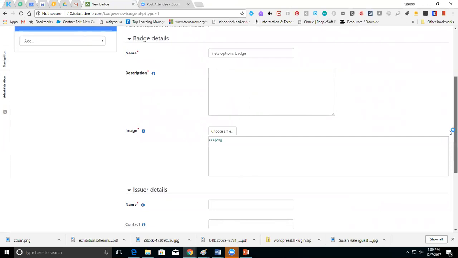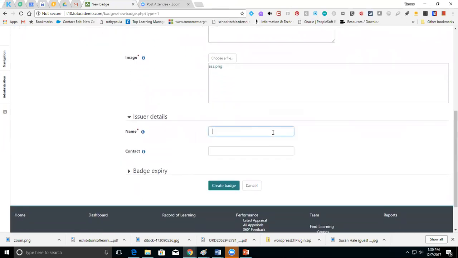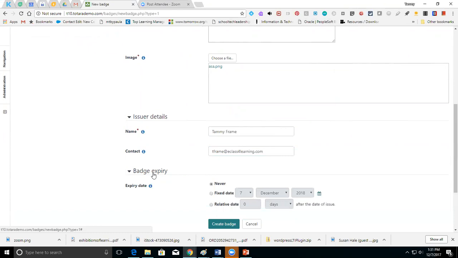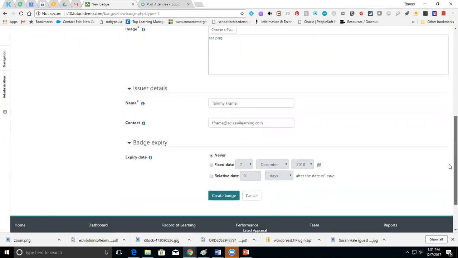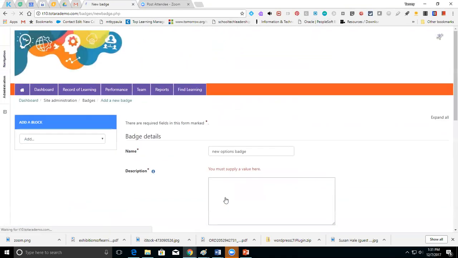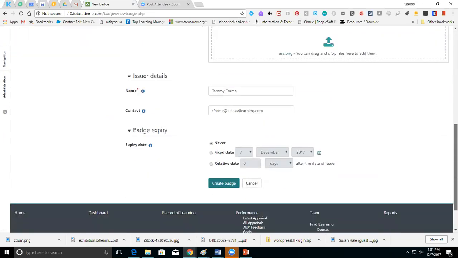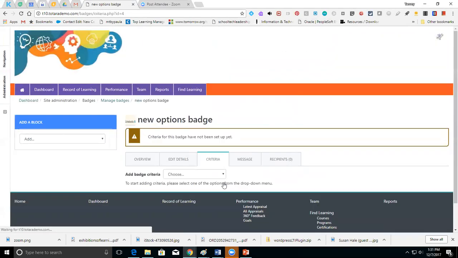Okay, and then you have to put in the name of who's issuing it. This is not new. And then your email. And if it's ever going to expire, I think the default is never. And we create the badge. Okay, then, okay, practice. Sorry, that had a red asterisk, so I didn't follow my own directions. All right, boom. Okay, then once you have that part done, this wizard comes up and